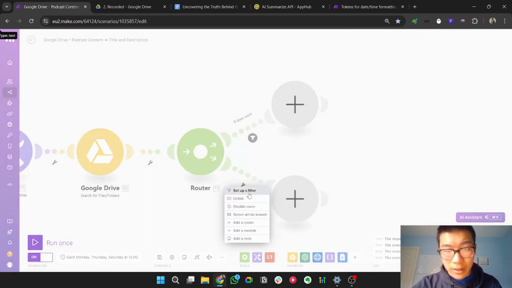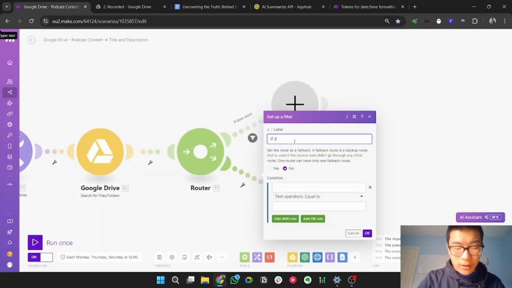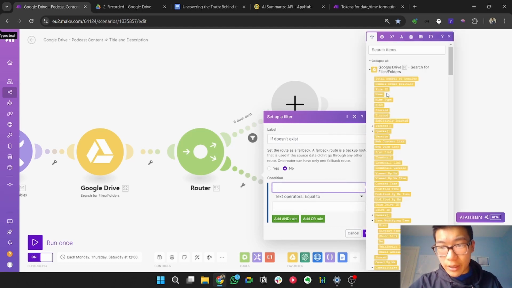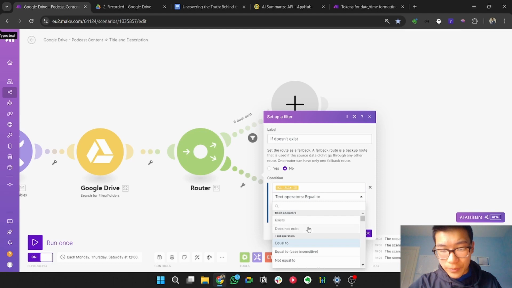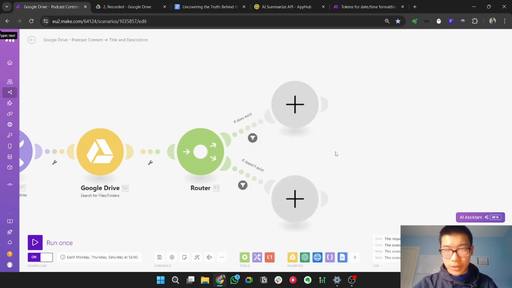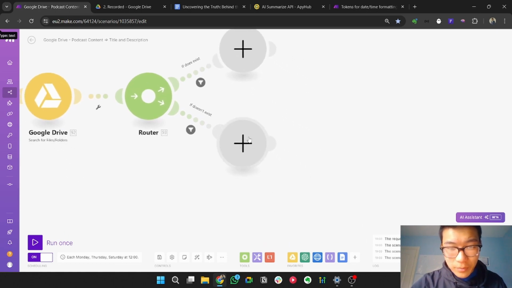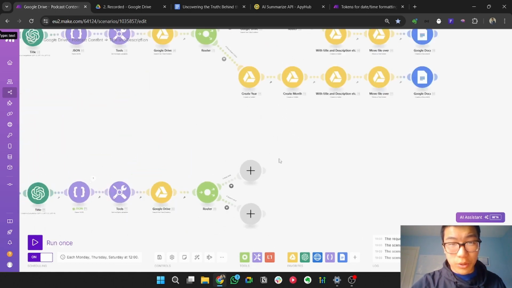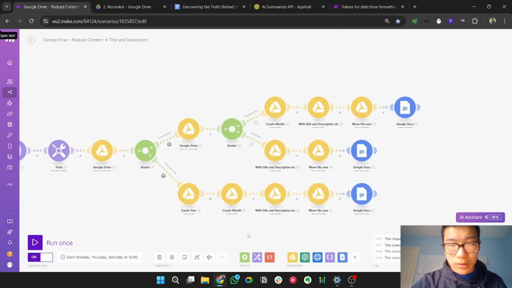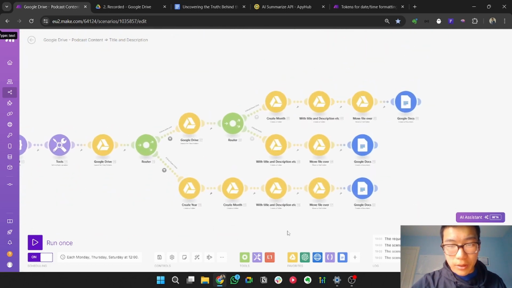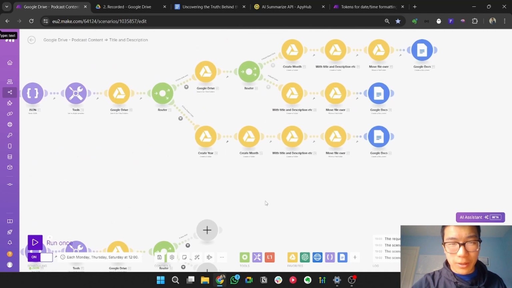And then this one is if file ID doesn't exist. So if the file ID doesn't exist here, you split it up. So of course, if it doesn't exist, right? You want to actually, which one's faster? I can build this and then paste it. Yeah, we'll build the top row first.